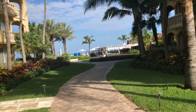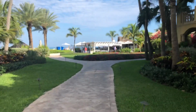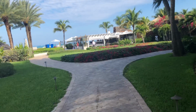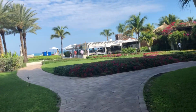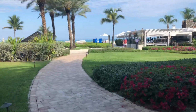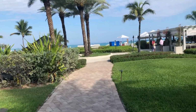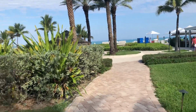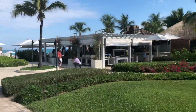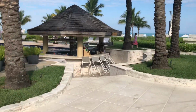So this is not part of Villa Del Mar, but we're allowed to cut through this easement to get to the beach. The nice thing is, when you get down to the beach, they've got a reserved section for the guests at Villa Del Mar, and they've got towel service. They've got drink service. They'll bring you drinks that you can sign to your room. But this is the Grace Bay Club. Another great option here on Providenciales, Turks and Caicos. This is their pool,